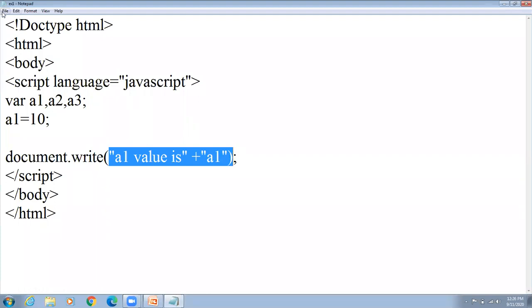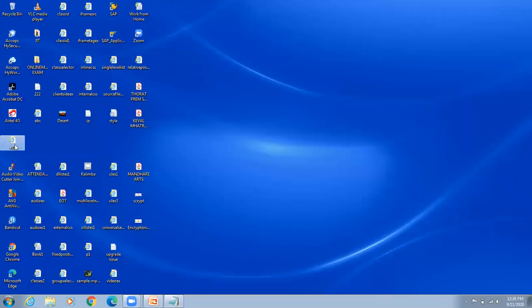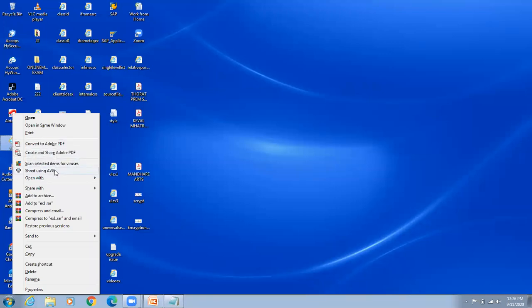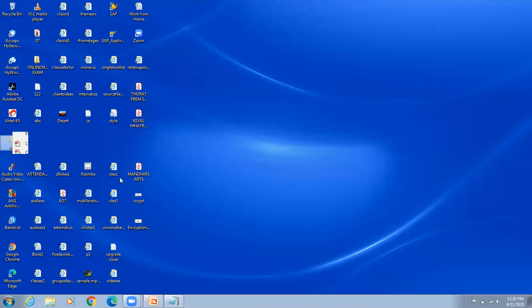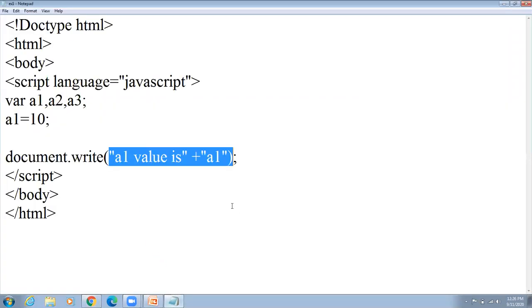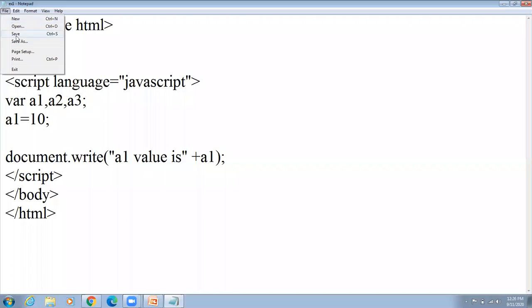Let's check how the output comes. Okay. A1 value is A1. But what we actually want is the value of A1. So remove these double quotes. File, save, go to the particular browser, click on refresh.